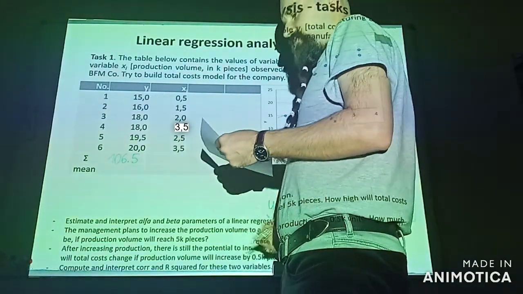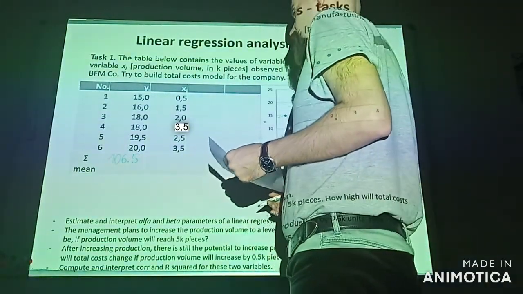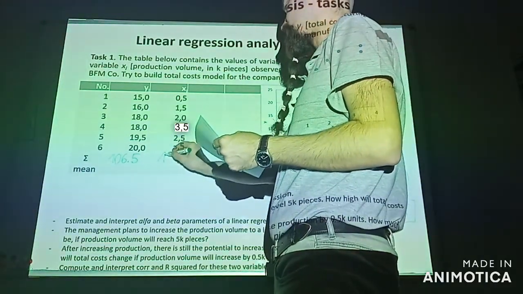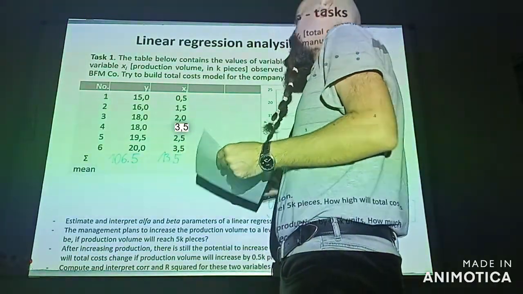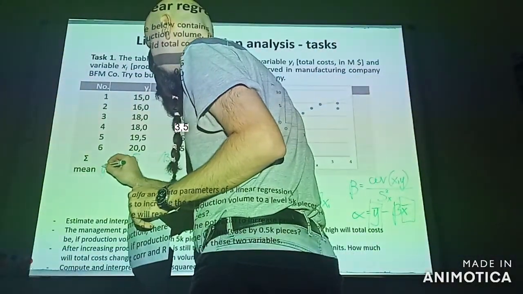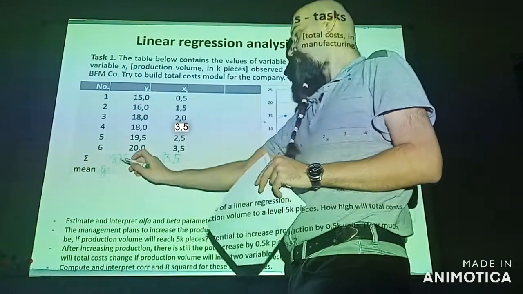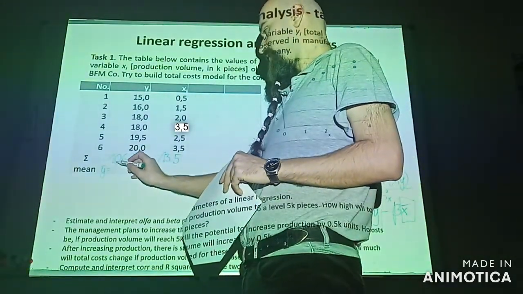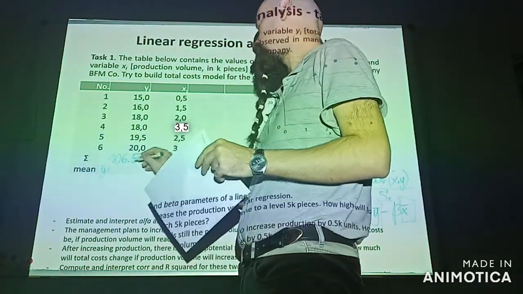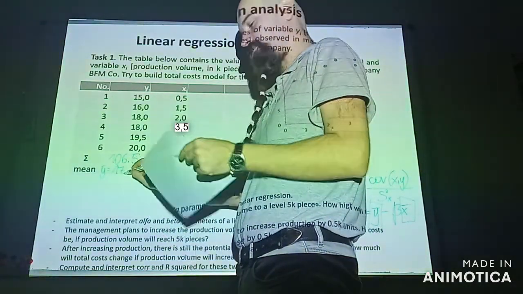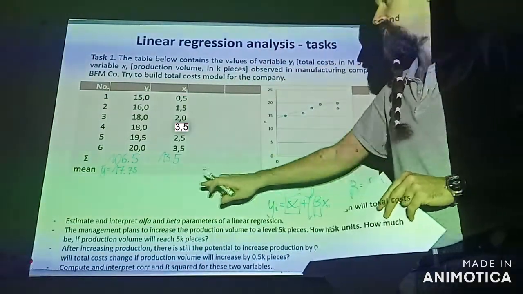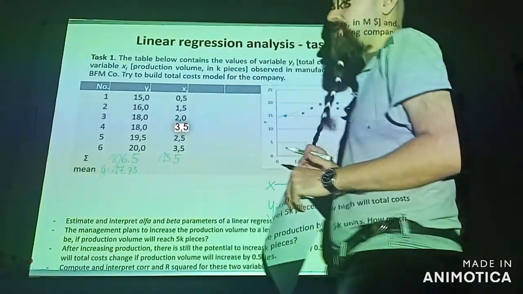We sum up the values from the column of x, and the final result is 13.5. And now we are able to compute mean values. We divide 106.5 by 6 and we receive $17.75 million. This is the average level of total costs